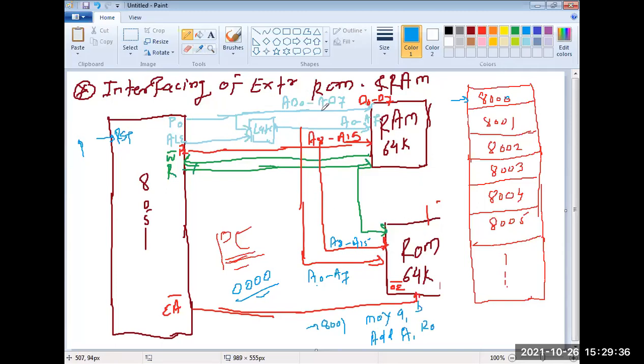But the lower address and higher address are going to be connected, and the total is going to be a 16-bit address bus. And only 8 bits are going to be the data bus, because our ALU size is going to be 8-bit. In the first feature we wrote, ALU is 8-bit. That's why the data bus is going to be 8-bit. Clear?